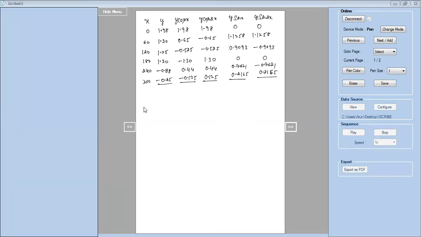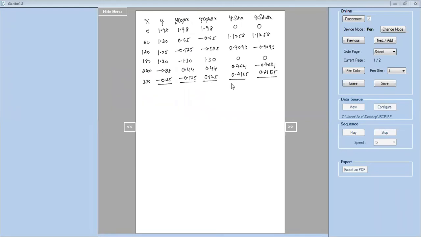Can anyone of you help me in taking a sum? Yes, does anyone have a calculator? Please add it and tell me the values of this. I want the sum. Who will tell? Who is having a calculator? Heman? Yes, sir, doing, sir. Yeah, just do it. Anyone of you, just help me in finding the sum of this.